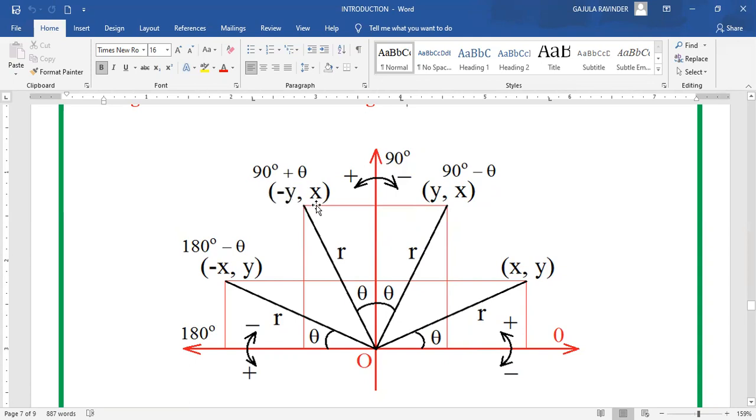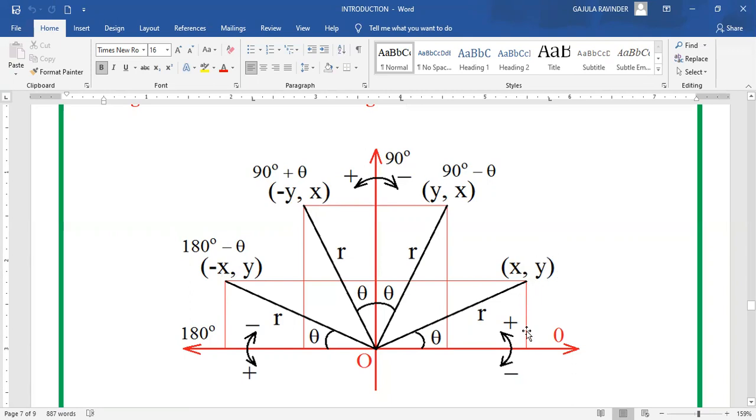So that you will get the coordinates of the point at the distance r on the terminal ray. This one will be minus y comma x. In the same way, the coordinates of this point will be taken as the coordinates of this point, but changing the sign of the x coordinate. Why? Because the y coordinate will be the same on the horizontal line. So same as this one.